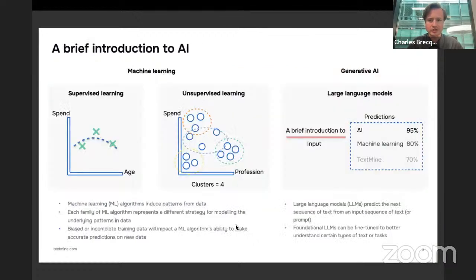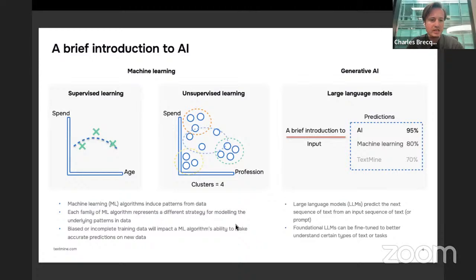So just to introduce AI and why AI is having its moment right now with text-based use cases such as document data extraction. Historically, AI has mainly been composed of machine learning-based models, whether supervised or unsupervised.